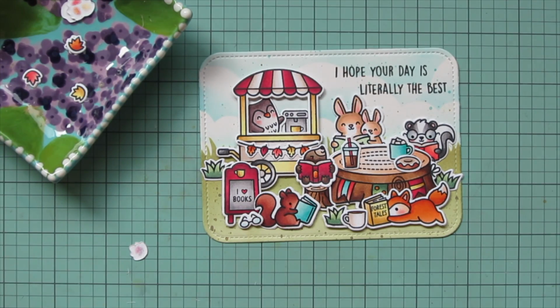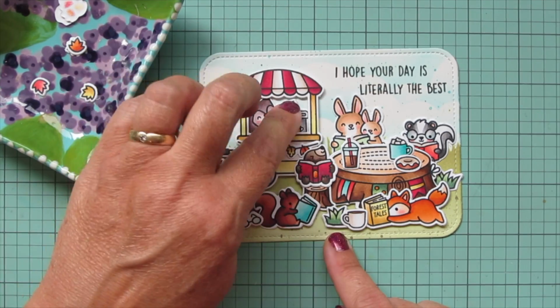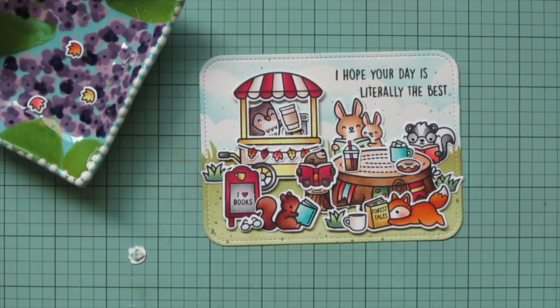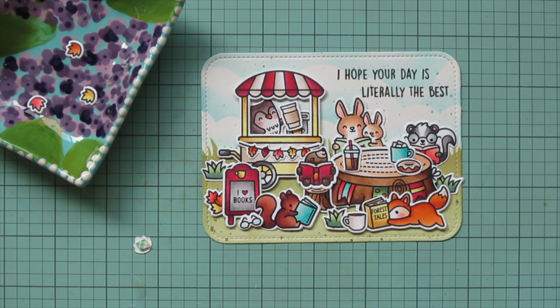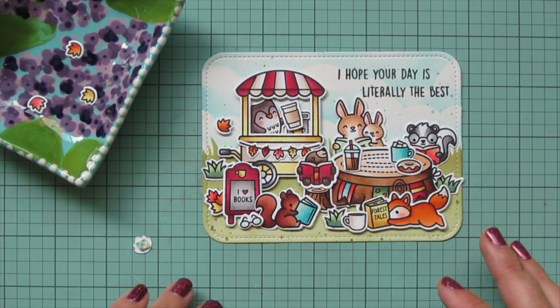For all of these customers who've come to his cart to have their little fall book club meeting, I am going to pop that up on some foam tape, and I'm going to try to position it so you can still see the yellow mug behind, so it just looks like he's in the middle of making lots of different drinks. And then all that's left is my colored leaves, so I'm going to start filling in the scene with those,